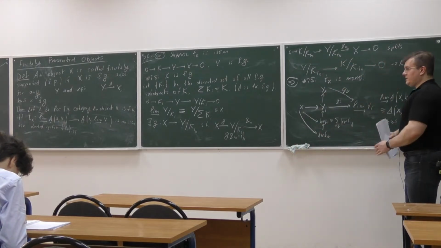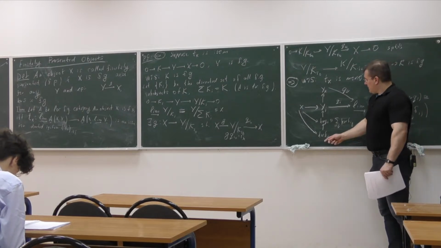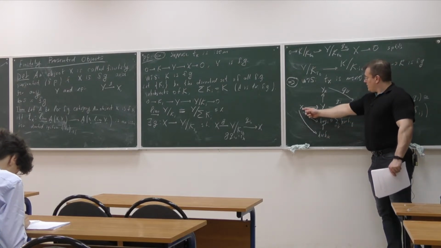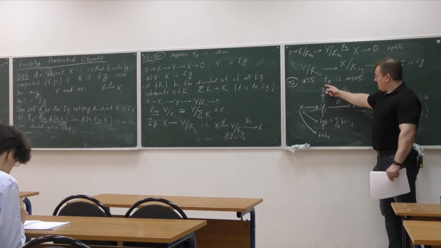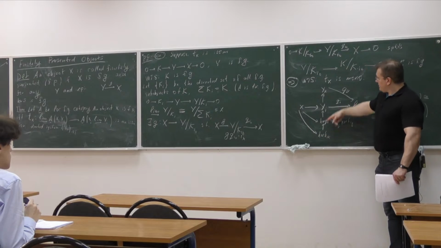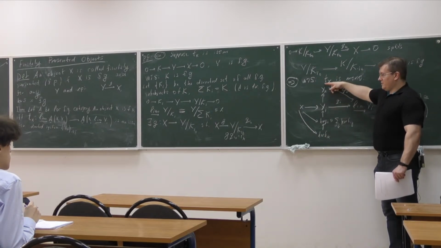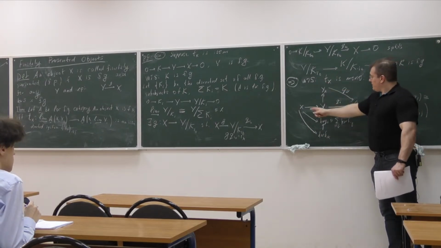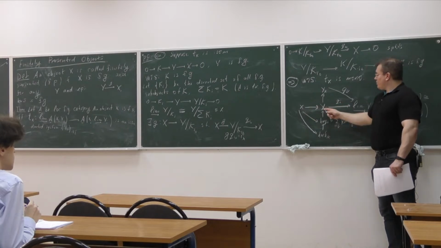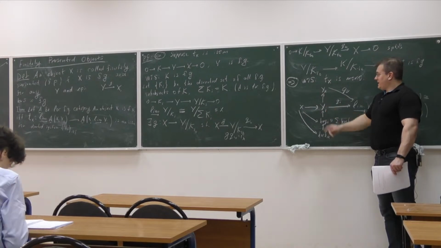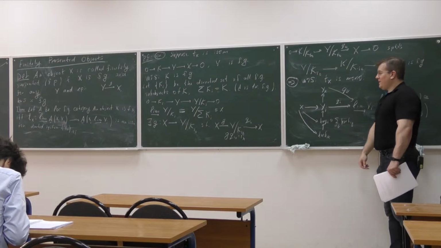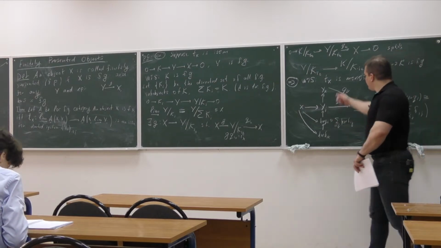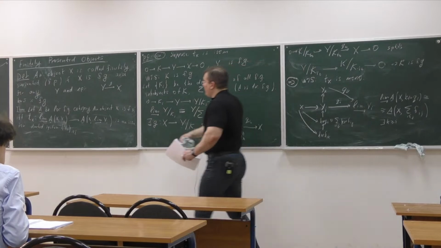So now what we see is that if I go like this, I'll get 0. I'll get a factorization like this, right? But if I go like this, I'll get again 0. So hence, this map from the x to the yi, this composition is a 0 map. But this exactly means that the map I consider is a 0 map. So this finishes the proof of the first claim that this is a mono.